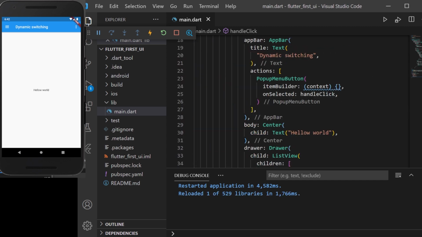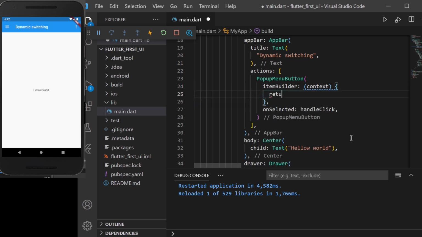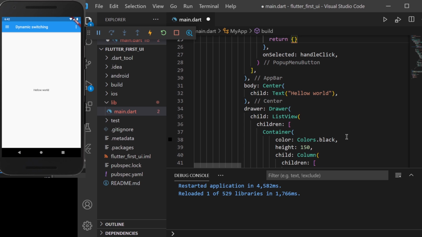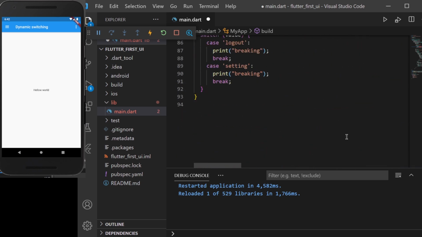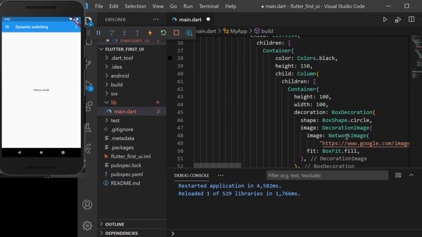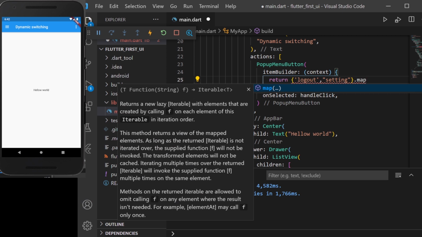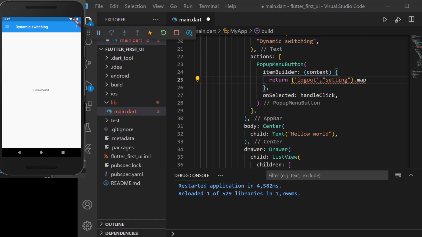Now inside this item builder, I'll pass the items which I want to display. I want to display list items from a particular list. There are two items: the first one is logout, and the second one is settings.